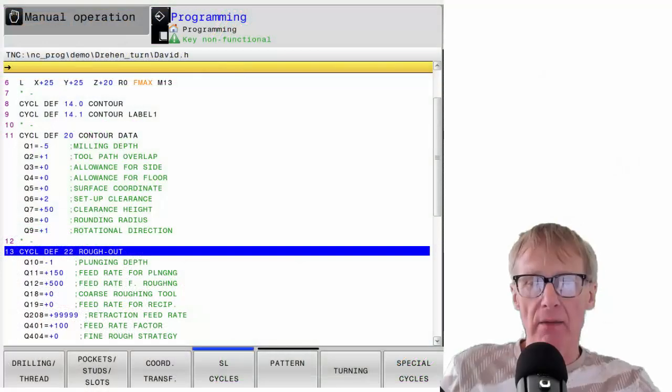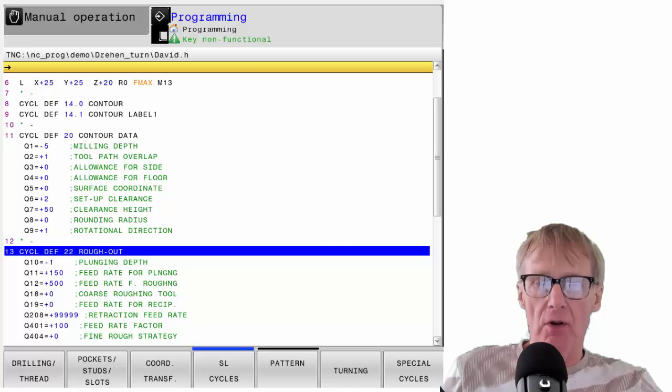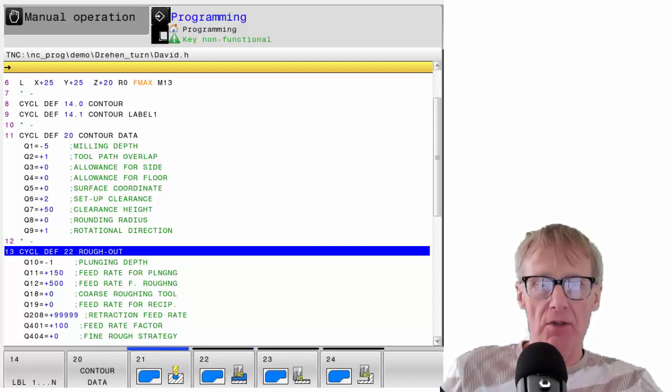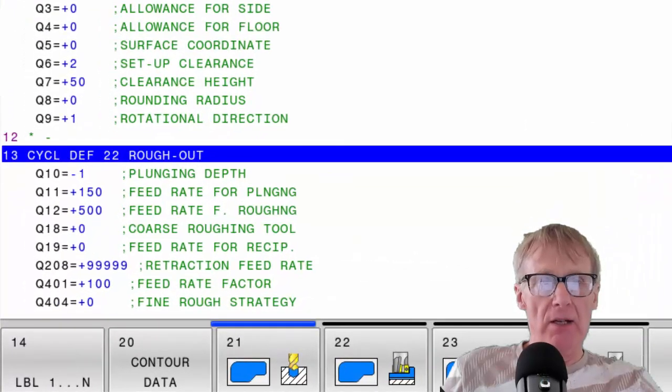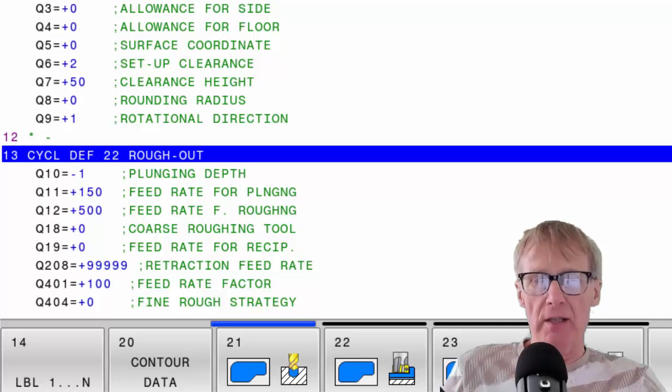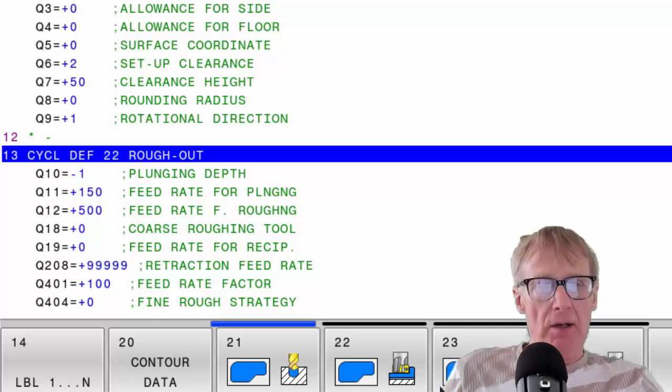This video is about the SL cycles on the Heidenhain control, and these SL cycles, you can see it here if I just select it. What they actually allow you to do is draw a pocket, and that pocket can be any shape you want, and the control can rough it out. It can rough it and it can finish it, and it comprises a few cycles, but the first two,